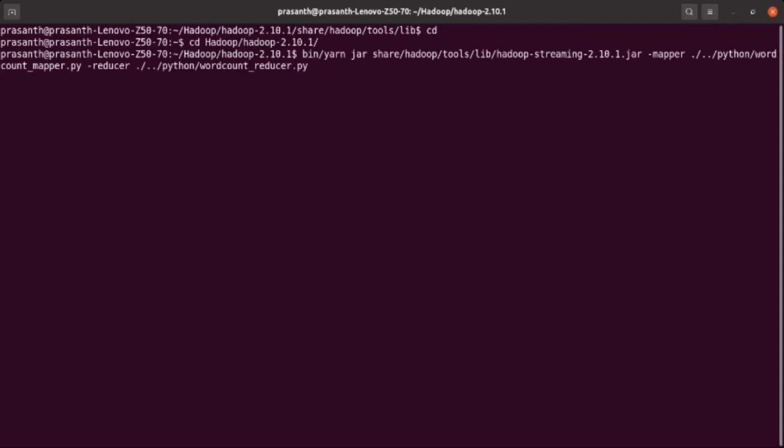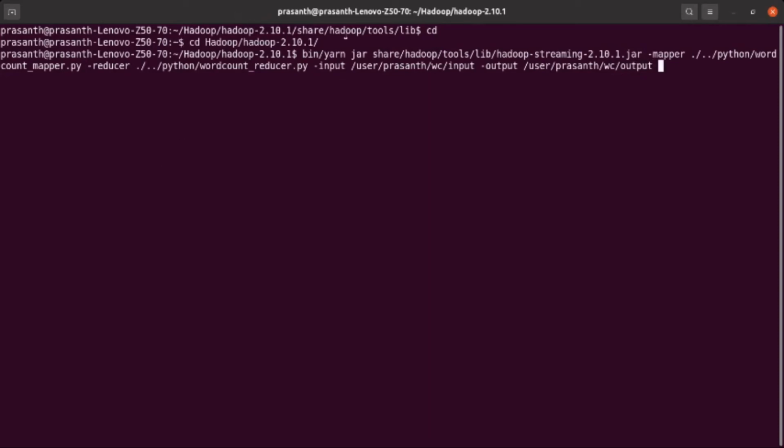So the reducer is also ready. Then we need to tell where our input is. The input is in HDFS, /user/prashant/wc/input, where we have already transferred the input files. Then I need to tell where to store the output. The output will also be stored in the HDFS directory, at /user/prashant/wc/output; we will name the folder output.